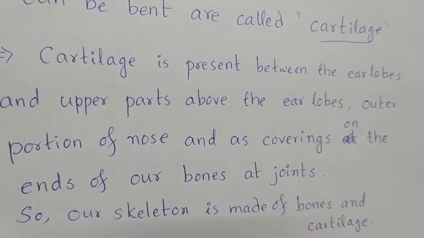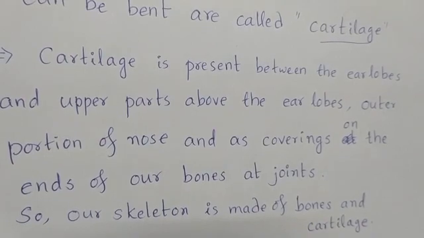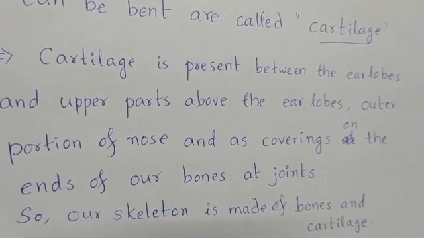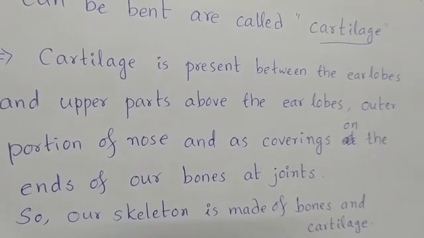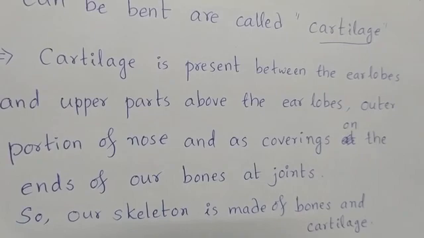At the nose, why is it present? We are taking the air inside and we are releasing the air outside, so some force is there because of this air. If it is completely hard, air cannot easily enter. If it is completely flexible, because of air force it may get damaged. So it should not get damaged and it must allow the free movement of air. Then which particular substance can be helpful? Cartilage. Because of these reasons, cartilage is present at the earlobes and at the nose.